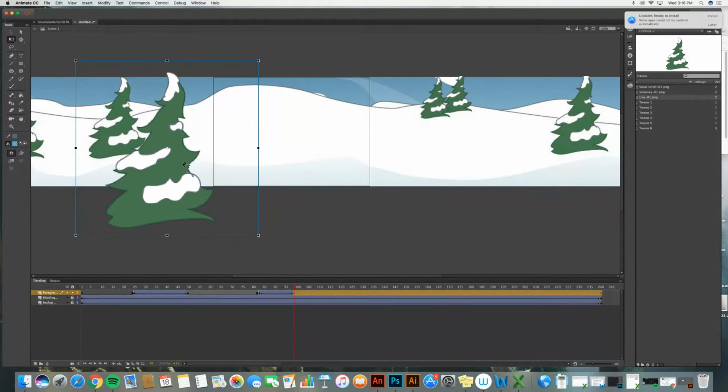Now, you might not have just an object for your foreground. Maybe you have a whole layer. So again, just make sure that it's moving at a faster rate, and you might start at frame 1 and go all the way to frame 240 and just put a tween in. But the bottom line is you should have 3 separate layers: a foreground, middle ground, and background. They should all be different widths. The narrower it is, the slower it's going to move. The wider it is, the faster it's going to move because it has to cover more ground in the course